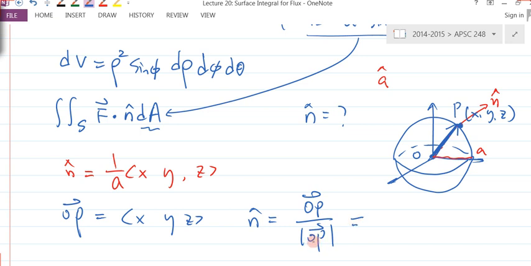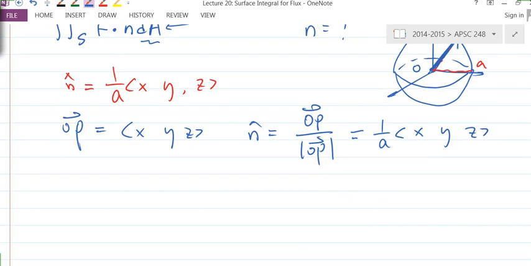What's the magnitude of OP? That make sense? Now that's your n hat, right? So n hat is known, dA is known. There we go, we have our surface integral. Now if I plug into the formula, the surface integral is the vector field F, whichever it is,